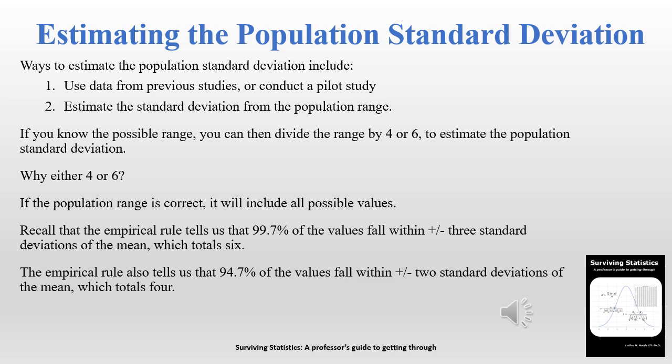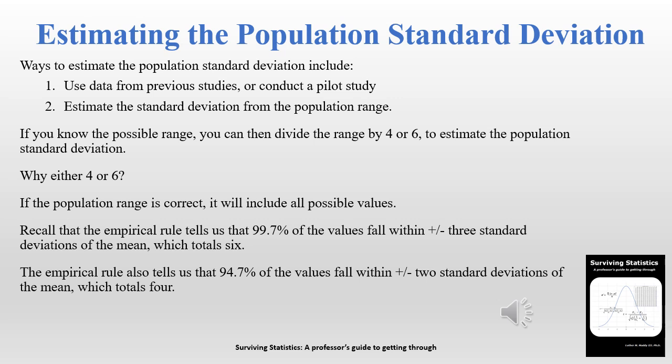One way is to use data from previous studies or to conduct our own pilot study and use the standard deviation that we compute as our estimate of the population standard deviation. We can also estimate the standard deviation from the population range if we know it. In this case, we actually do know the range of GPAs. They're going to run from 0 to 4. So if we know the range, we can then divide the range by either 4 or 6 to estimate the